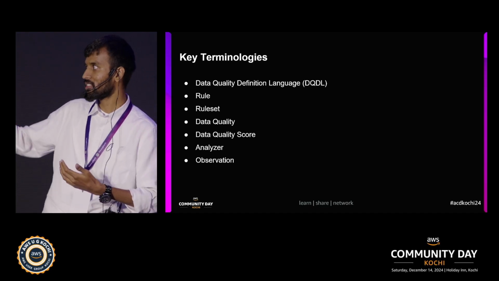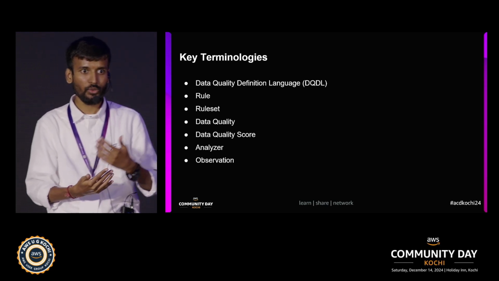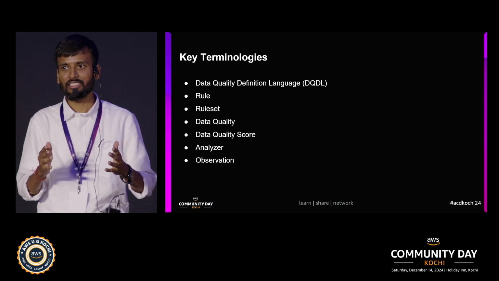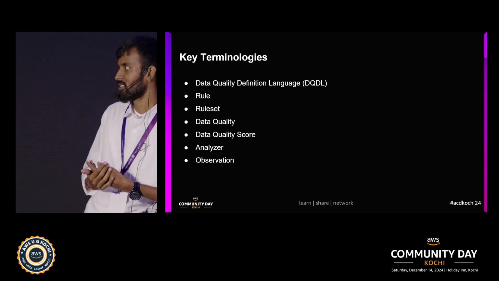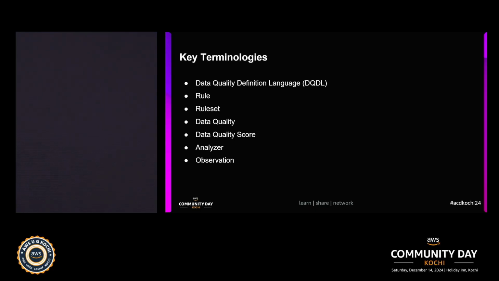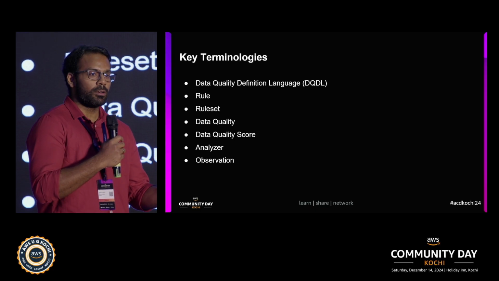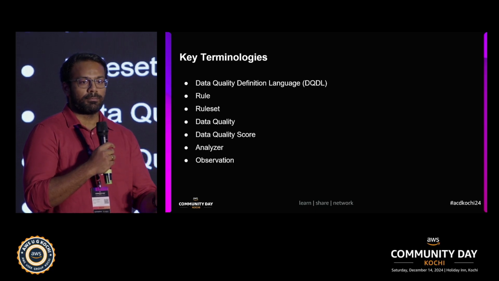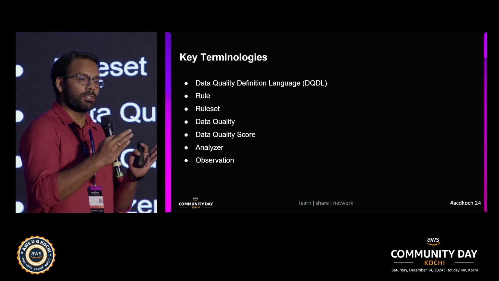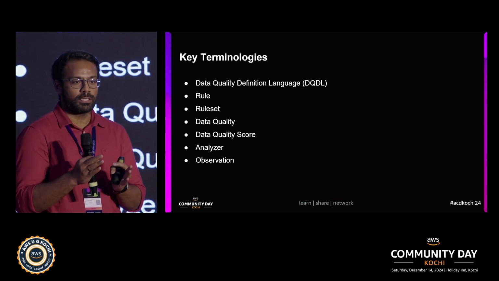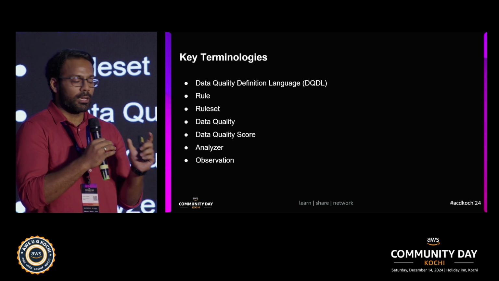Coming to the rule set. A set of rules is called a rule set. Just consider it as an array containing multiple rules. For data quality, based on individual rules or sets of rules, these rules will be orchestrated through the data, whether it is real time, batch, or applied on our databases. These sets of rules will follow up with the data quality.